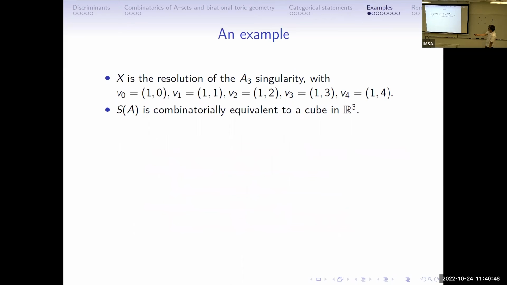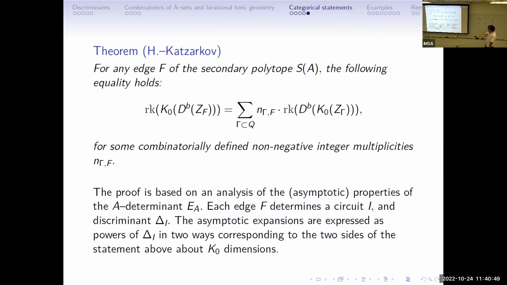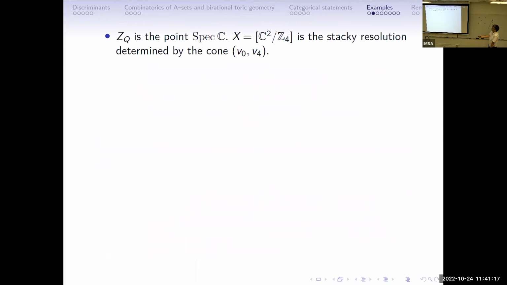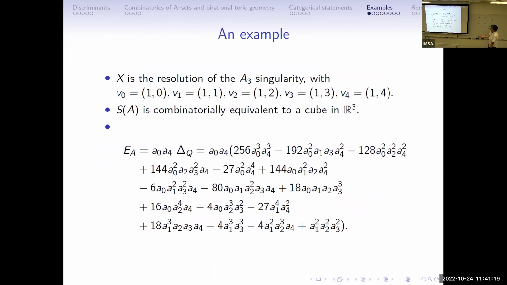Yeah, so I should have said here, sorry for going back. This proof is in the spirit of actually tropical geometry. So that's another connection with what Ernesto was saying. Looking at the asymptotics of this A determinant is really an idea that is used a lot when you do tropical geometry, and that's what we're doing there too. So now, okay,